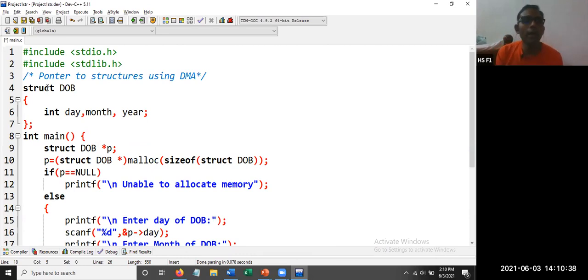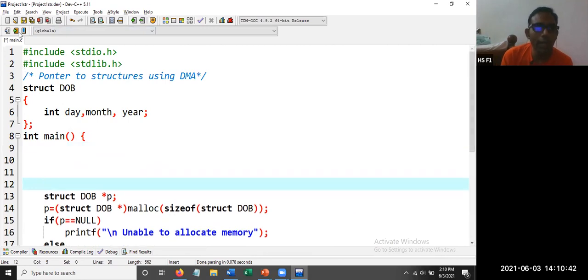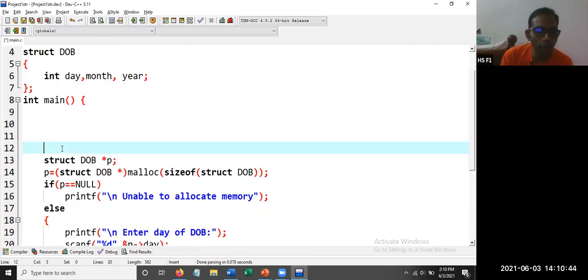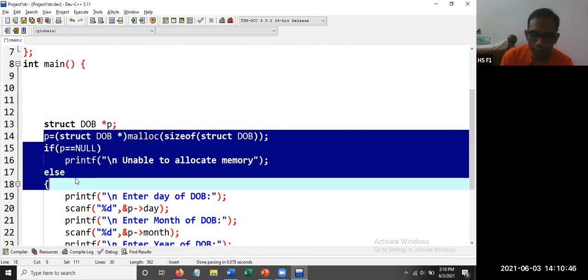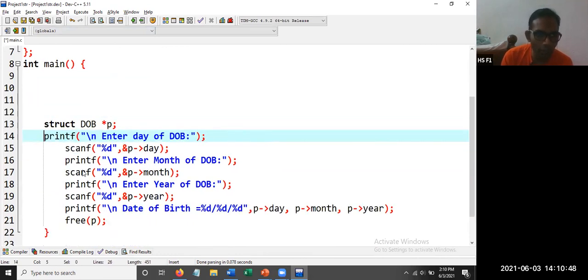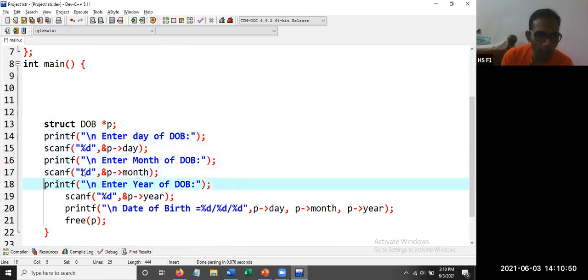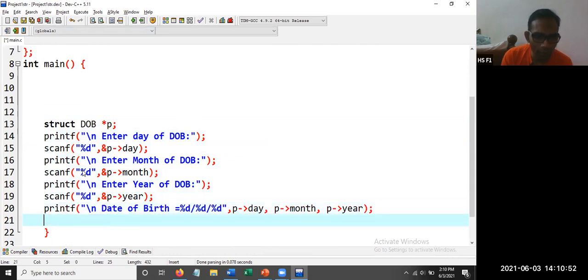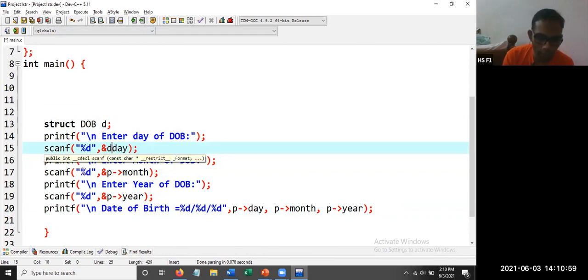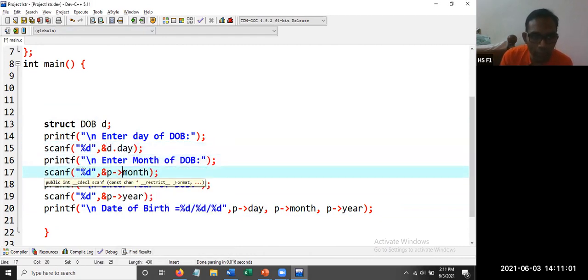So for example, I have a program. Say I don't want to allocate the memory. I don't want to complicate this. I want to have a normal program, no pointers concept. Okay. So let us go with star D. Now no D dot. So one thing you need to recollect with pointers is you are going to use an arrow operator. Rest of the program remains same.